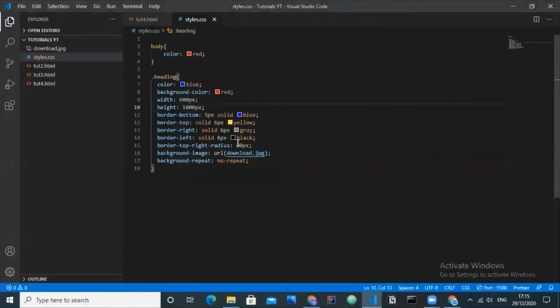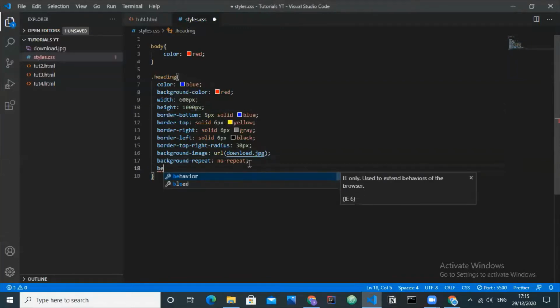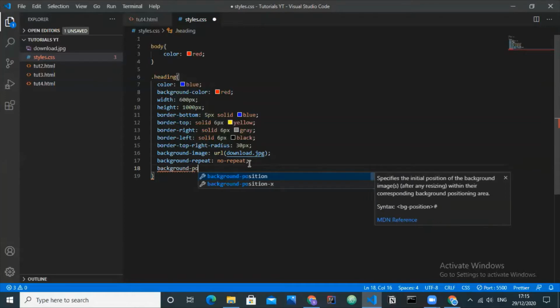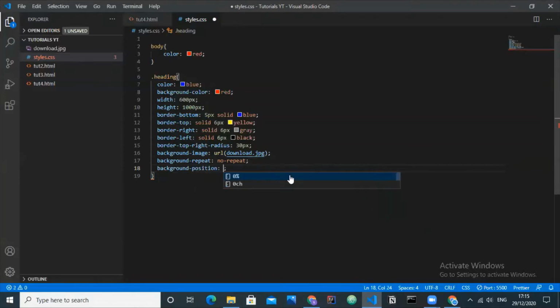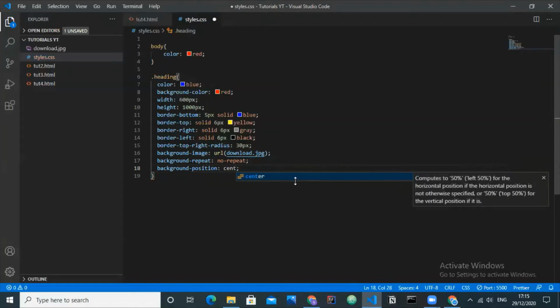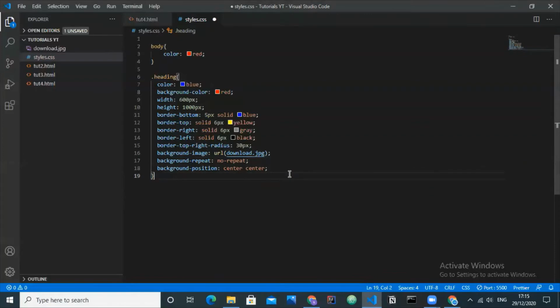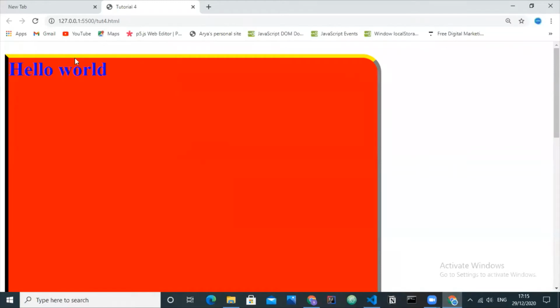Now we're going to add the image to the center, so let us set its background-position to center. That's what we need to do, and when we save it, you can see that it has gone to the center.